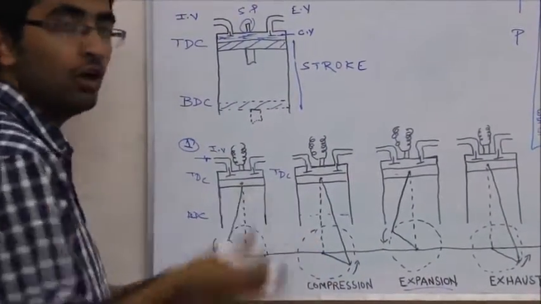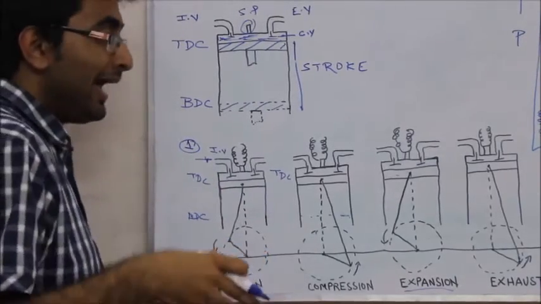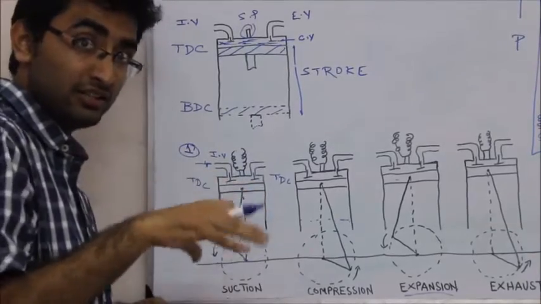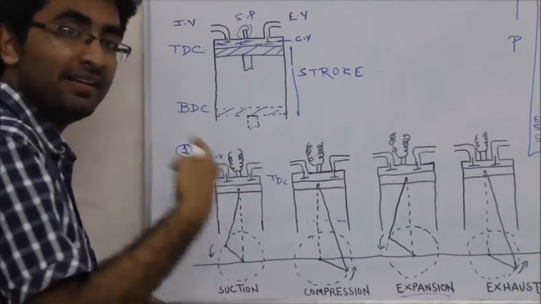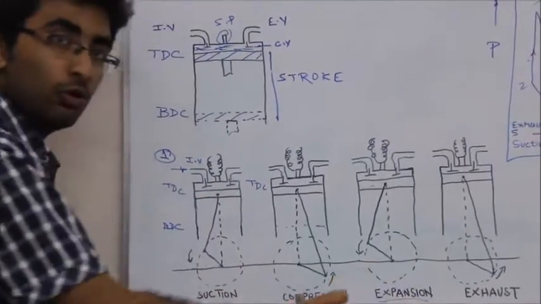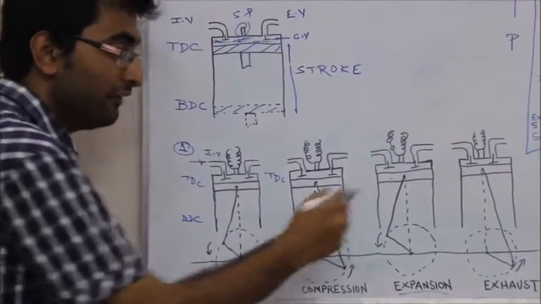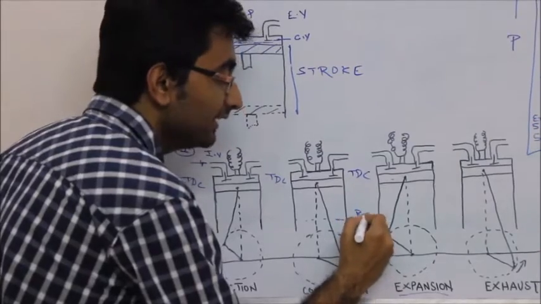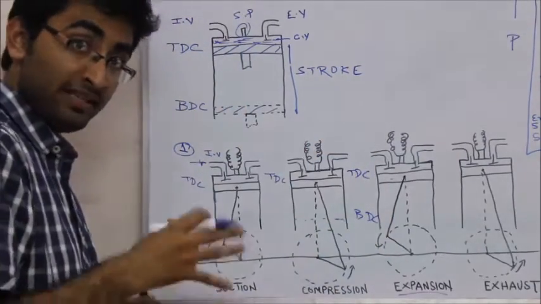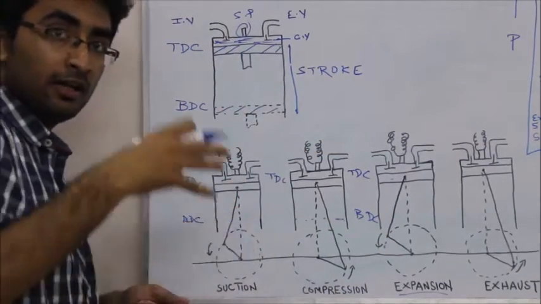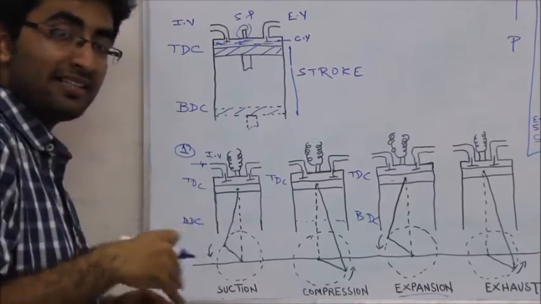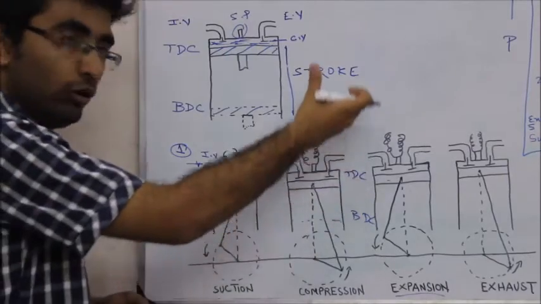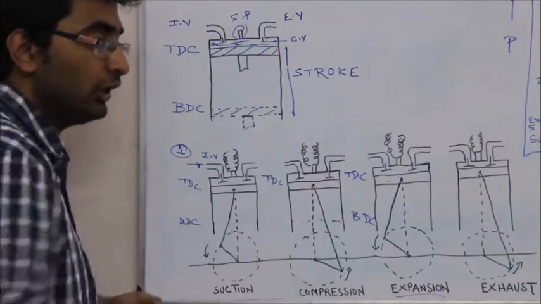We have a shaft on which the flywheel is mounted, and only during this stroke does the flywheel store the energy which can be used for the other idle strokes. So the expansion stroke is the power generating stroke when the piston moves from TDC to BDC. The piston moves from TDC to BDC because the air fuel mixture is ignited, and high pressure and temperature is generated inside the cylinder, which forces the piston to move downward.